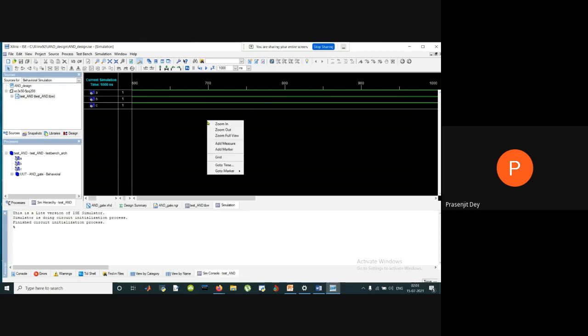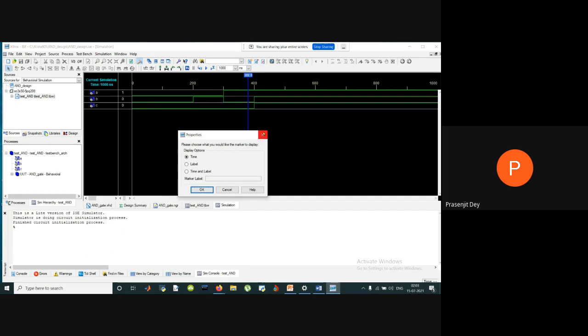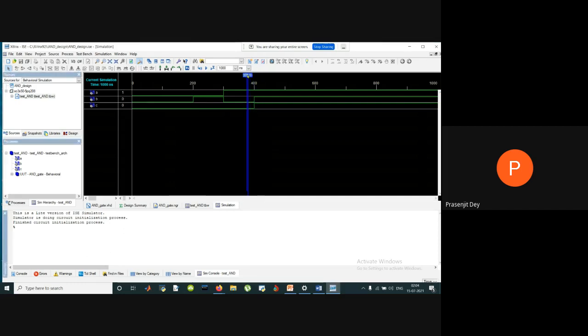So you need not worry, you just need to zoom out, and you need to see the waveforms from the beginning. Now as you can see, there is a blue vertical line, and if we move it, we can see the value of corresponding C with respect to A and B.